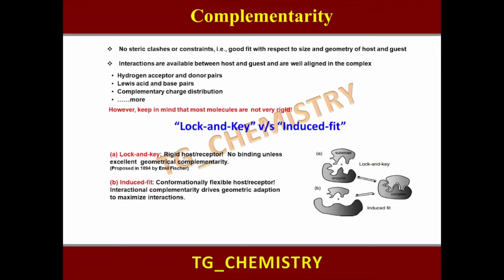So next we will talk about complementarity, which is very important when we are talking about host-guest chemistry. There should be no steric clash or constraint for a good fit with respect to the size and geometry of both the host and the guest. The interactions available between the host and the guest should be well aligned in the complex. And what kind of interactions can these be? It can be the hydrogen acceptor and donor pairs, the Lewis acid and base pairs, the complementary charge distribution,